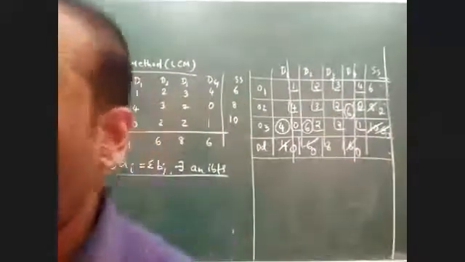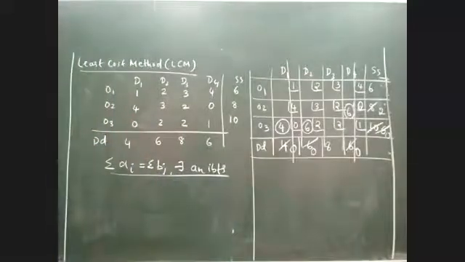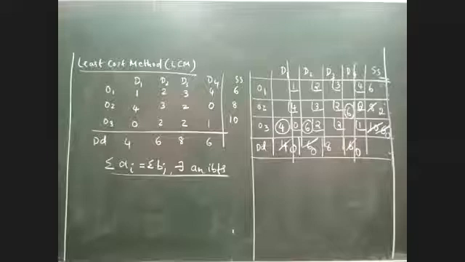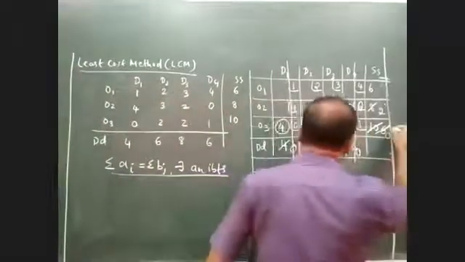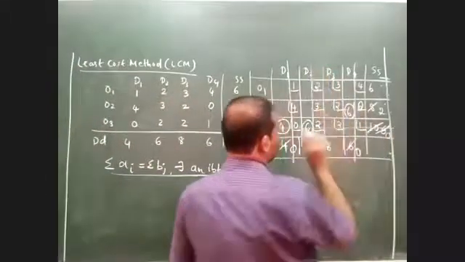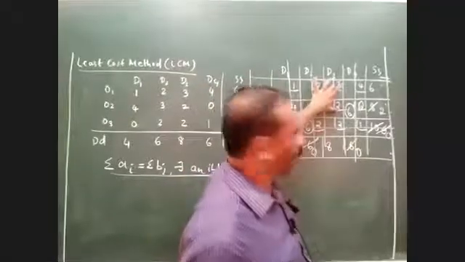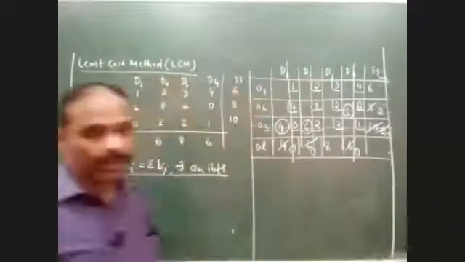If both become 0, what am I supposed to do? Cancel both, sir, row and column. Both O3 and D2 have to be cancelled. Whenever both demand and supply become 0, both have to be cancelled. So O3 gets cancelled here as well as D2. Now how many elements are left with me? Only the last 2 elements are left, 3 and 2. So which is the lowest value now?